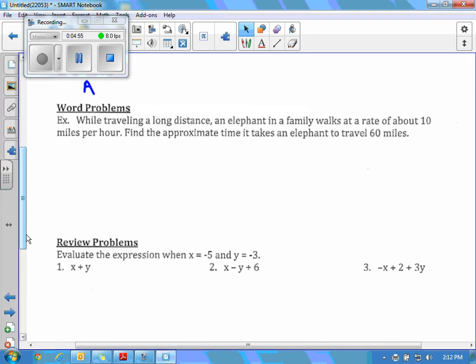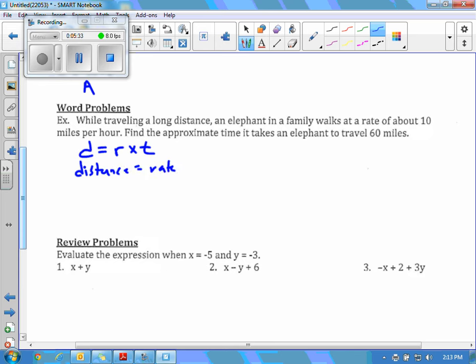If you keep going, we have a word problem example here. It says, while traveling a long distance, an elephant and a family walks at a rate of about 10 miles per hour. Find the approximate time it takes an elephant to travel 60 miles. So I don't know if you guys have seen this equation before. If you haven't, you'll see it in science soon. But it's d equals r times t. What that means is distance